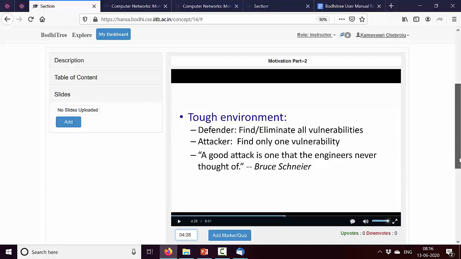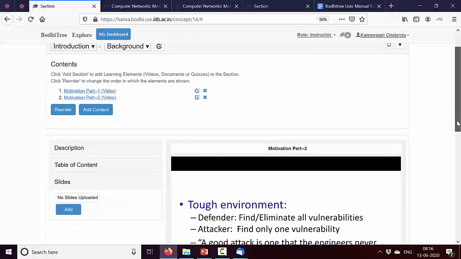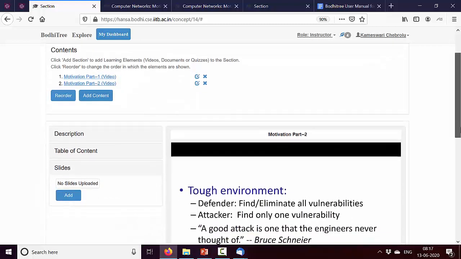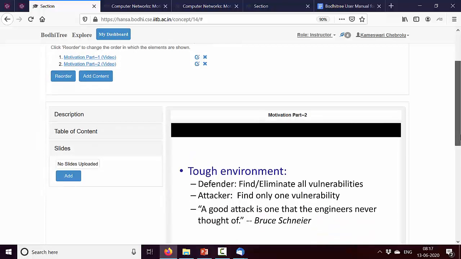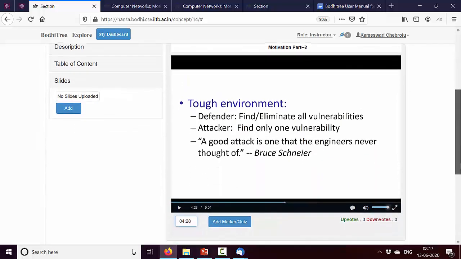So this is how you edit a video after you add the video. You can change the description and title of the video, you can add slides to the video, and you can also add a table of content both in the form of section markers as well as quiz markers.